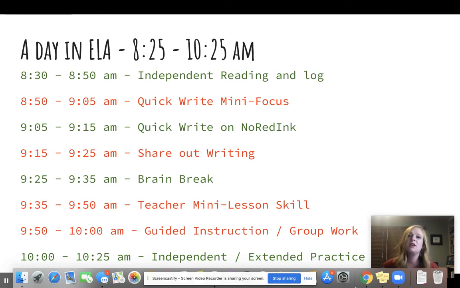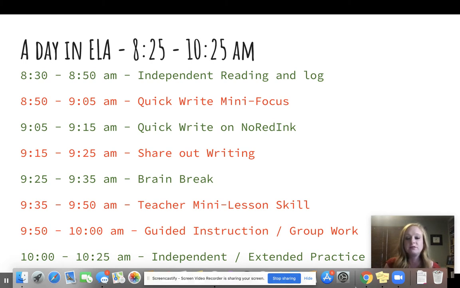This is going to be something that is related to the content of the Common Core standard. So for example, this week we were working on identifying inferences, using our background knowledge and text evidence to make inferences. So from 9:50 then to 10 o'clock, we'd work as a whole group or in small groups on applying that skill. And then even farther from 10 to 10:25, there's where that asynchronous work comes in, and the students would work independently while still having the teacher there in the Google Meet or Zoom to answer any questions that